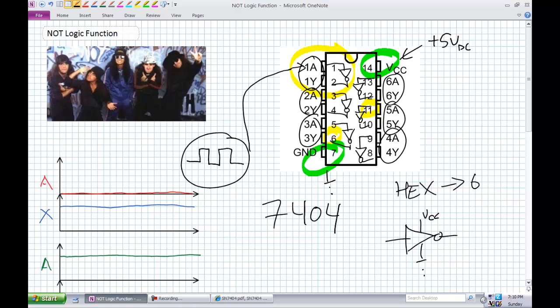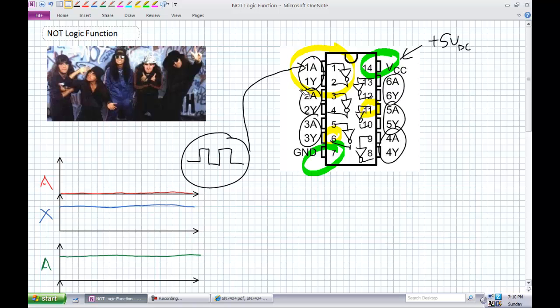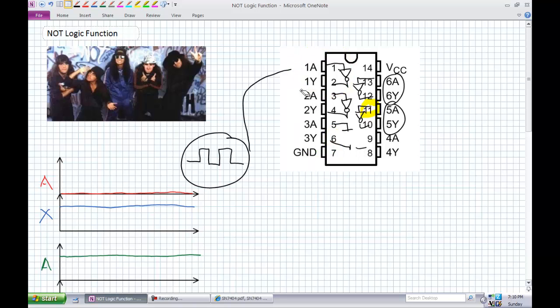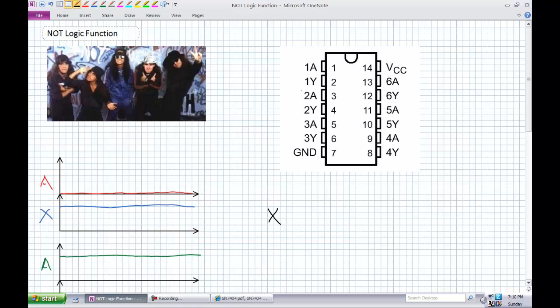So a brief note here too about when you see inversion inside text or inside code, you're going to see this not operator. The not operator, as I mentioned previously, x equals not a, or a bang, or a hash. In VHDL, the code is: the variable x is assigned not a,